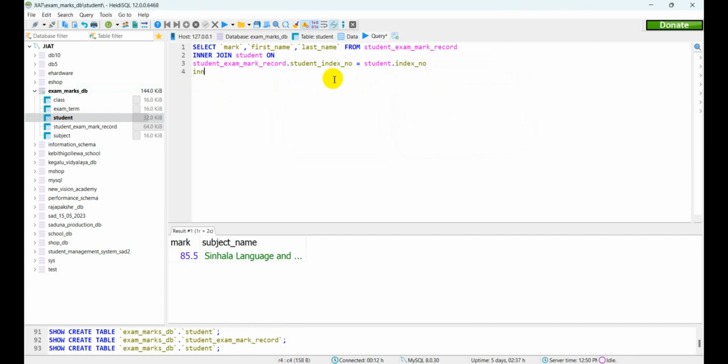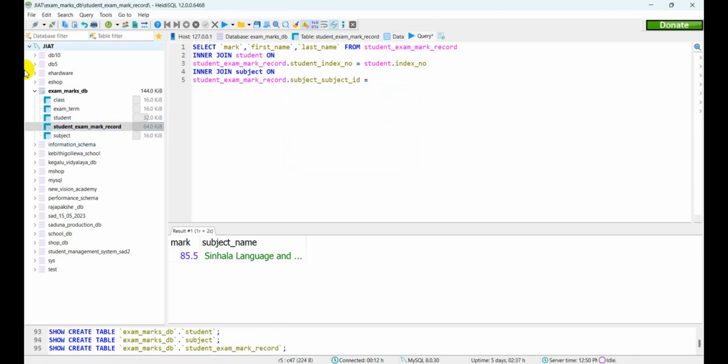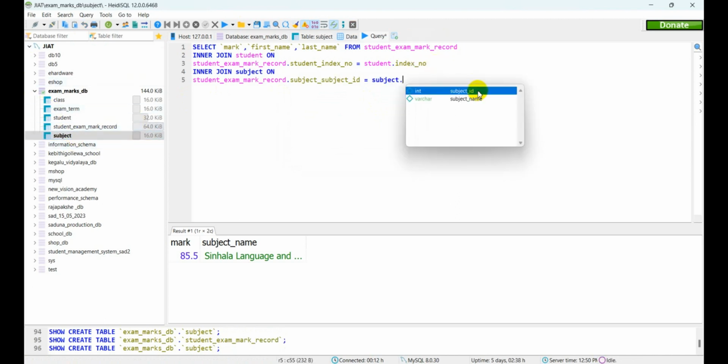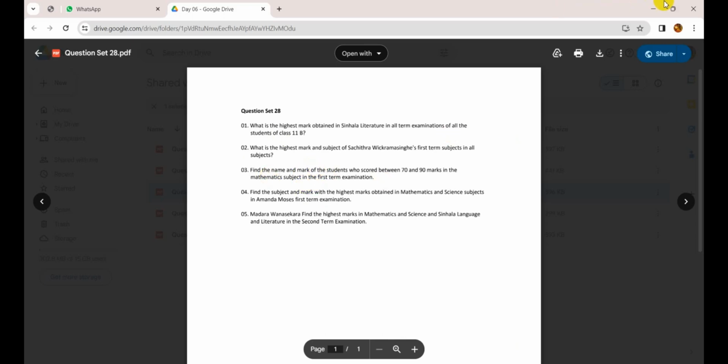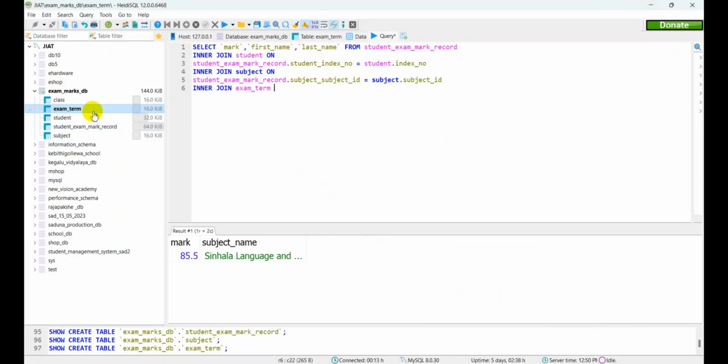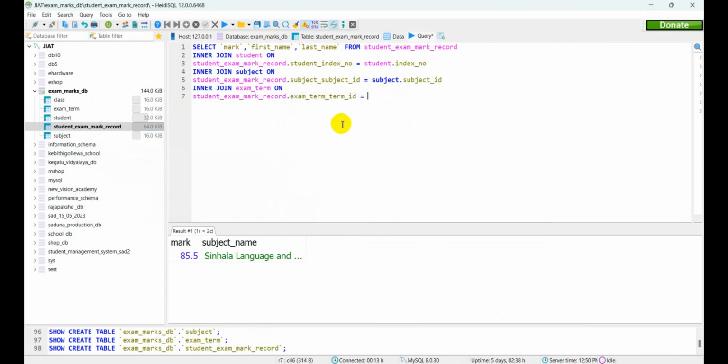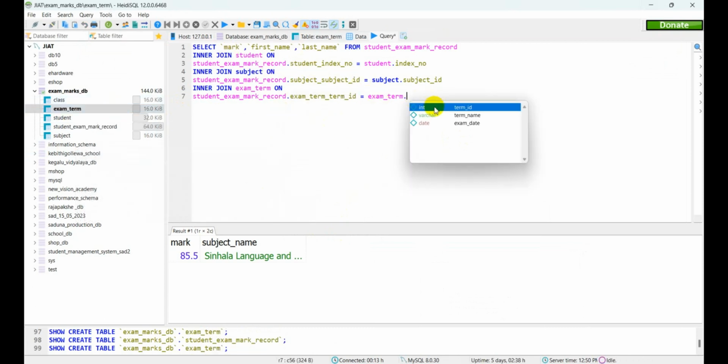After that we have to inner join the subject table, and we have to see student exam mark record table dot subject id is equals to subject table dot subject id, and we can inner join the term also, and we have to see student exam mark record table dot exam term id is equals to exam term dot term id, and here we can give the condition the term name is first term